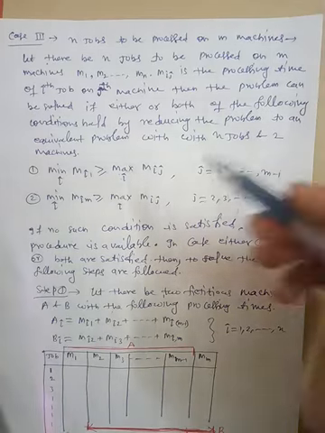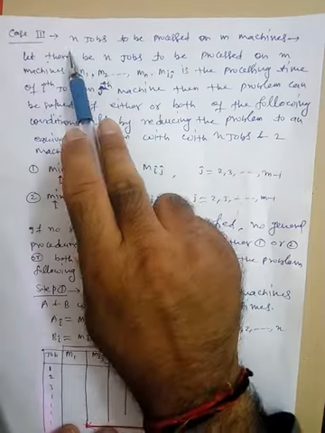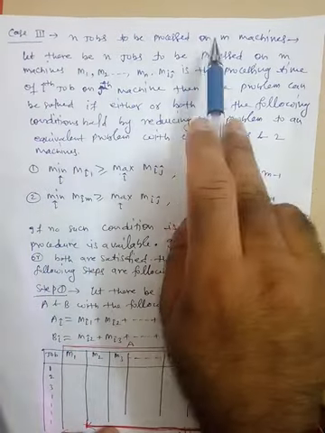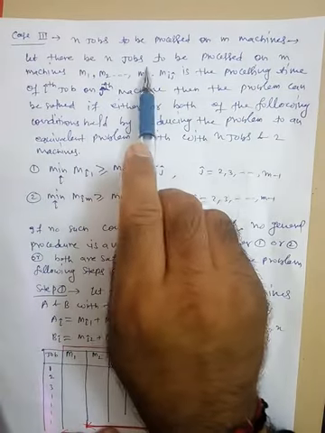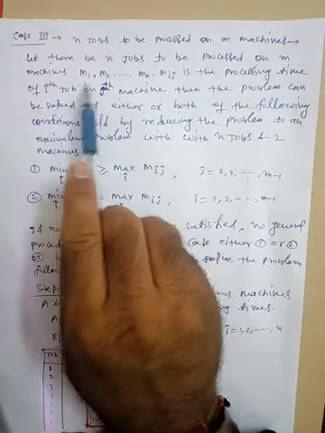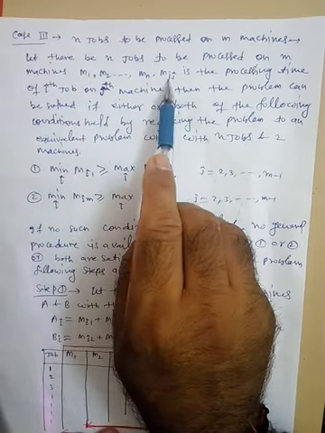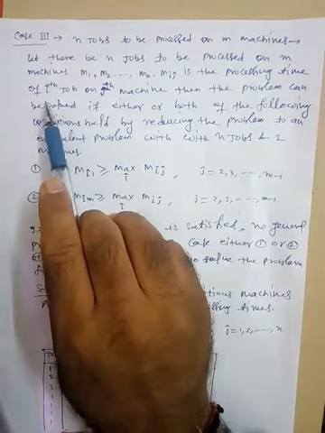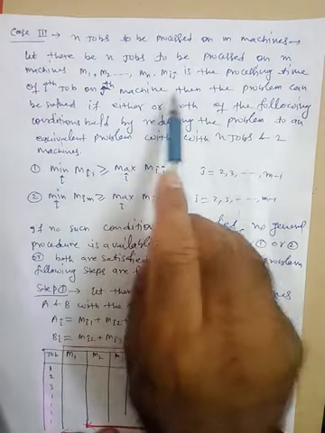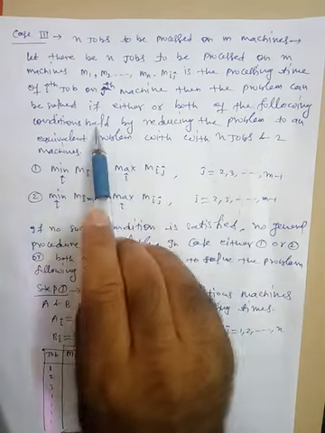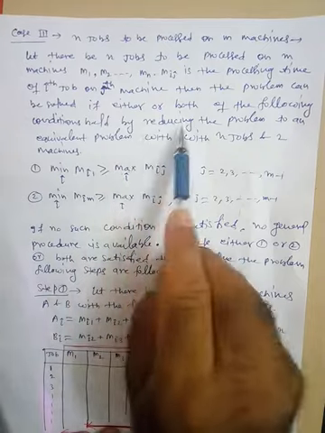Dear students, in this video I am going to discuss case three, when we are having n jobs and m number of machines. Let there be n jobs to be processed on m machines, say M1, M2, ..., Mm. Let a_ij be the processing time of the ith job on the jth machine. Then the problem can be solved if either or both of the following conditions hold,